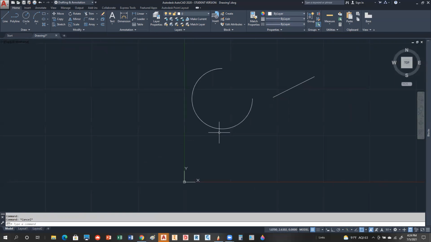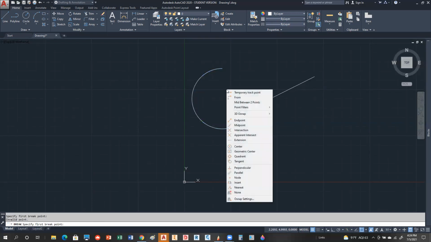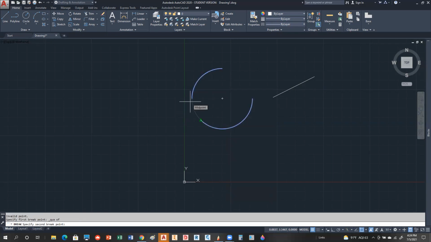Now, if you do it manually using the normal break, here's what you would do. If you just use the normal break, you select your object, and then you tell it the first point. So I'm going to force that, let's say, at a quad point, at a quadrant point. And then the trick is what you have to do is make the first point and